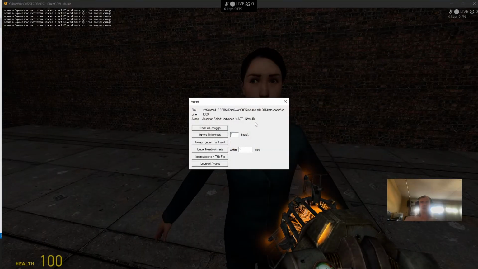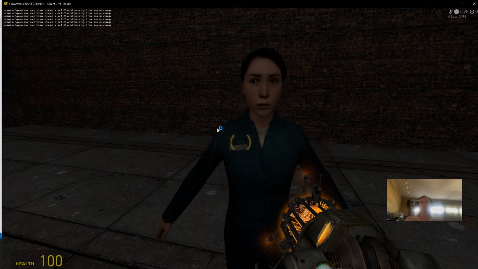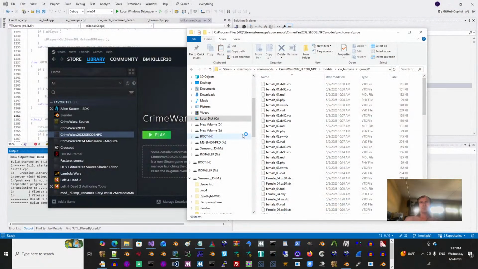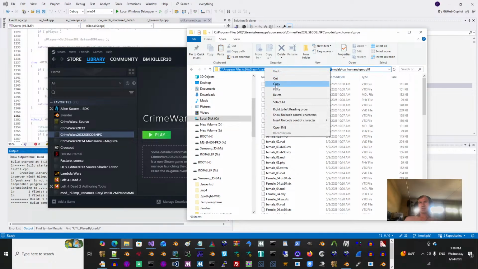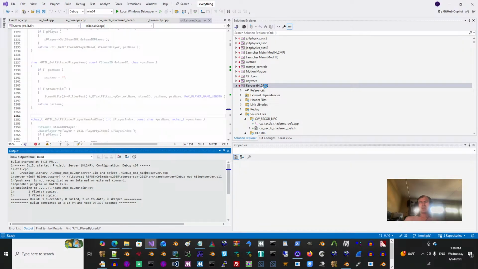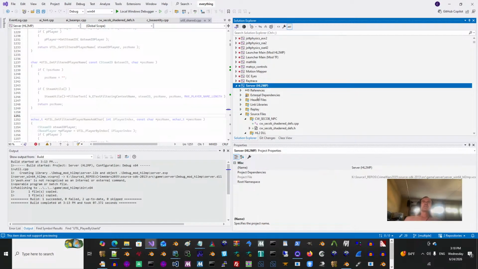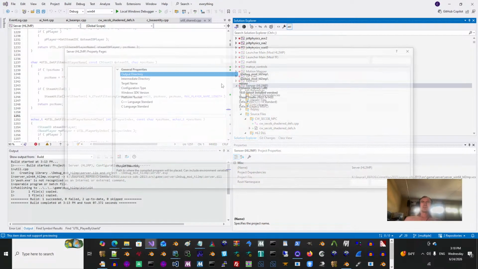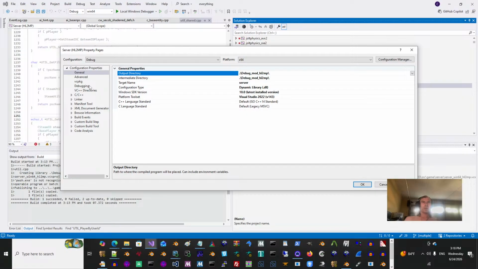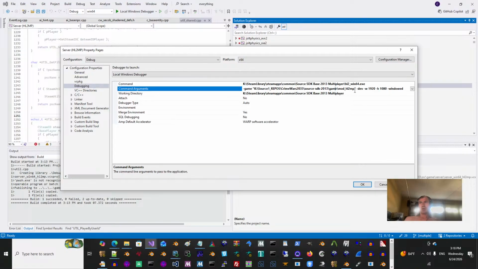Alright. Acted sequence invalid, break in debugger. Oh, whoops. We weren't supposed to press that. Maybe we were. Because, let's relaunch this in debugger. The thing I think I forgot to add, which I will have to add in the end, is fixing the model names to use my new models. And then later,